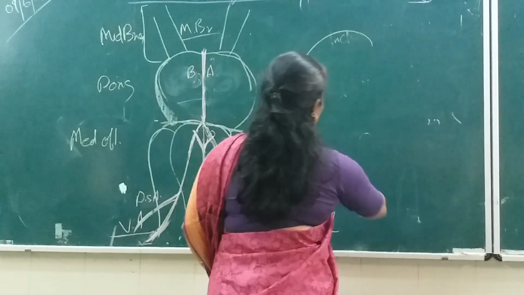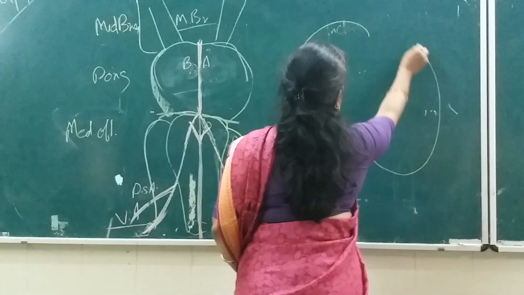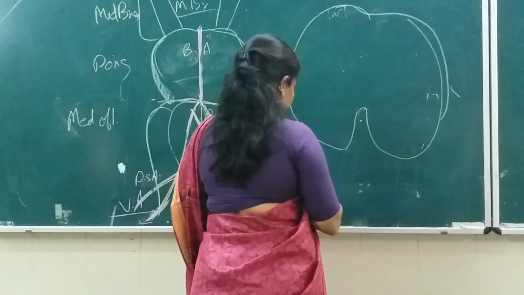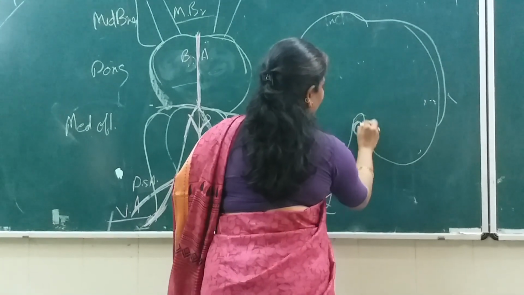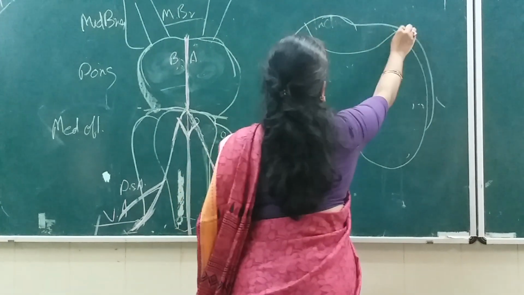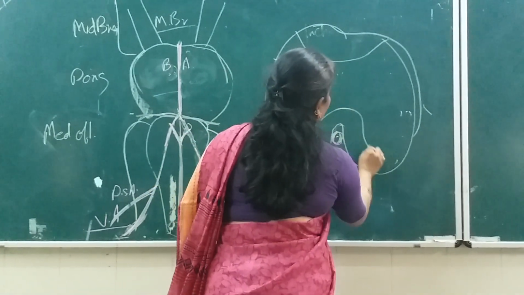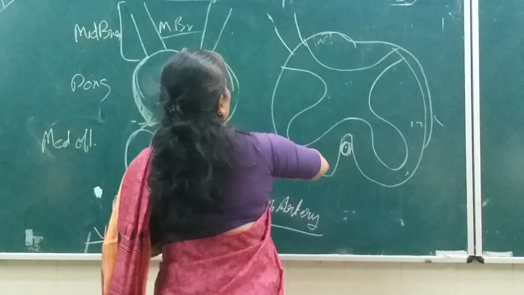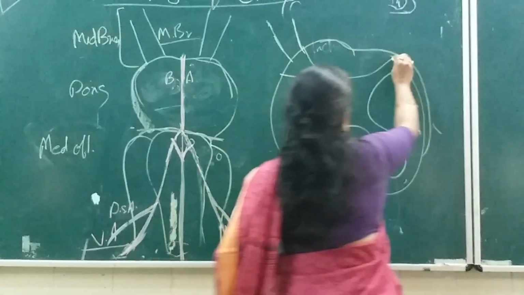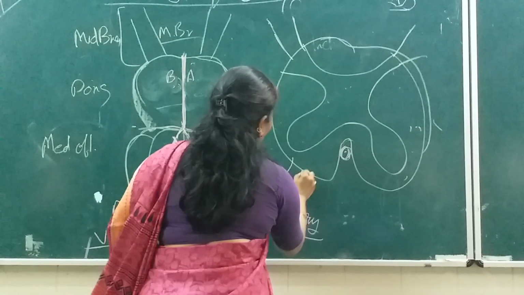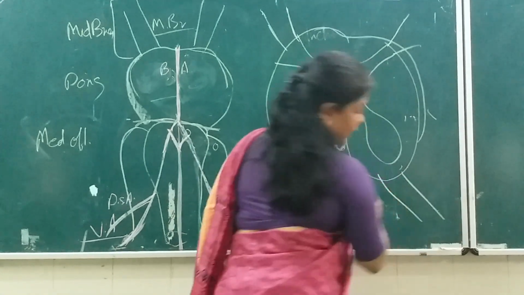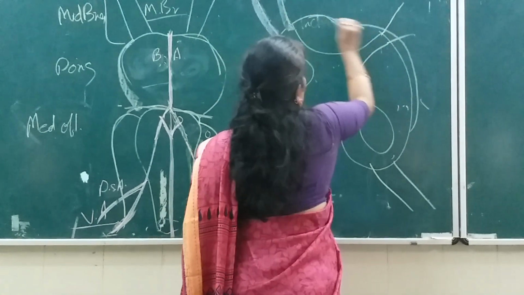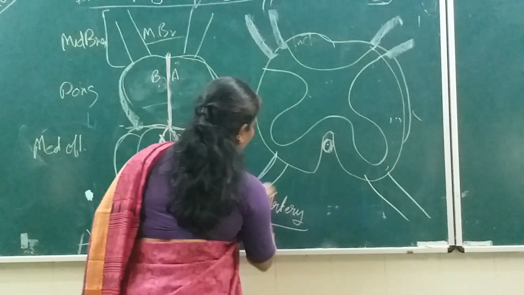Here it is the spinal cord, transverse section. Here it is the position of what? The anterior spinal artery. Okay. Here it is the dorsal nerve root. What is this? This is the dorsal nerve root. On either side, here it is the ventral nerve root. Okay. This is the dorsal nerve root, either side, and this is the ventral nerve root.